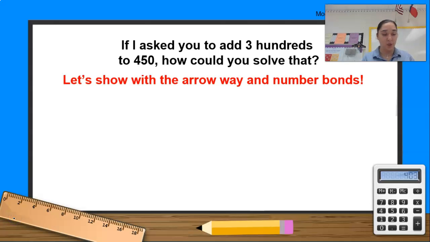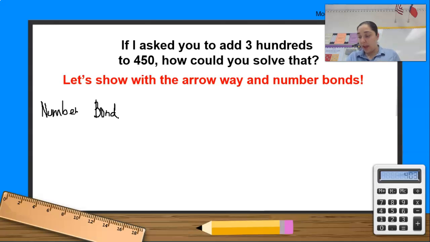I'm going to get my black pencil and I'm going to add 450 plus 300 using the number bond. So here first I write number bond. I'm trying my best, so bear with me. Here we go, boys and girls. I can add 300, so